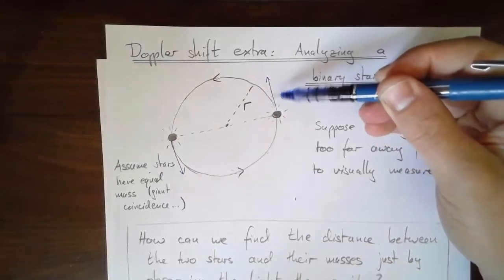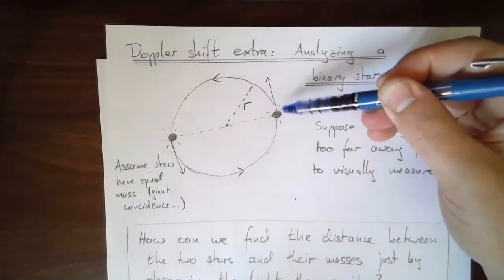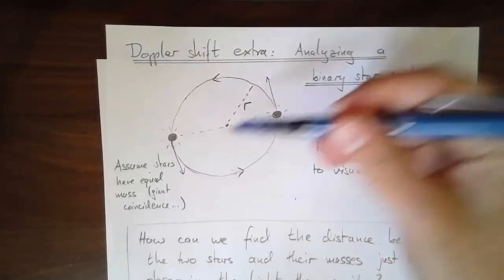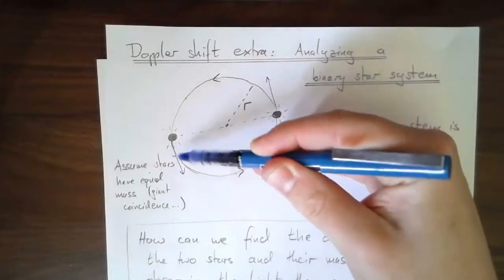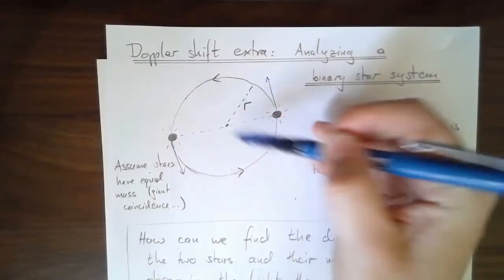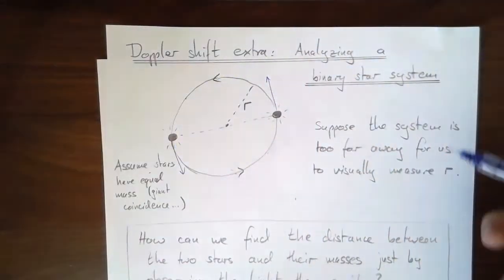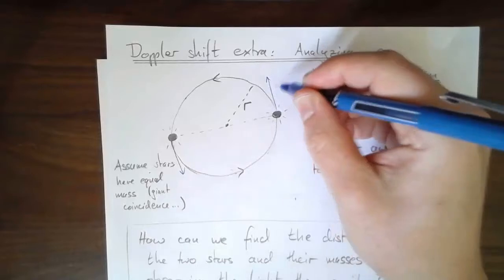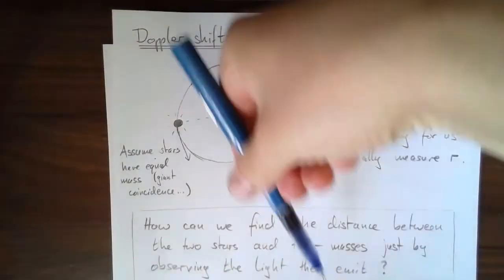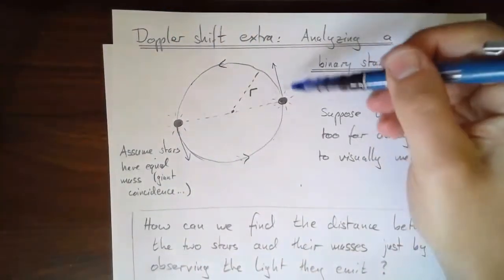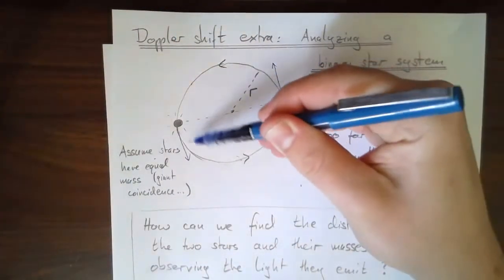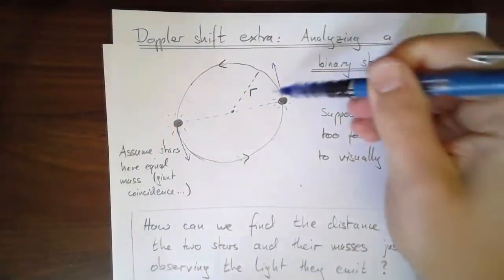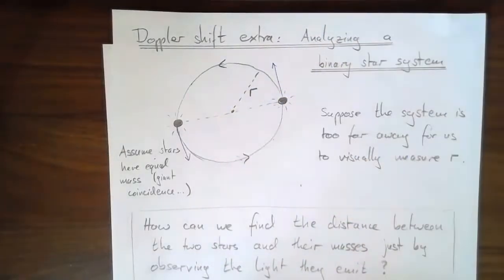The light gets Doppler shifted with the source receding. Here the light gets Doppler shifted with the source approaching us, and of course all the areas in between where it's essentially going sideways. Imagine myself to be somewhere far away in this direction. This is getting away from us, this is getting closer to us. It doesn't matter how far I am away, Doppler shift is still going to be the same.